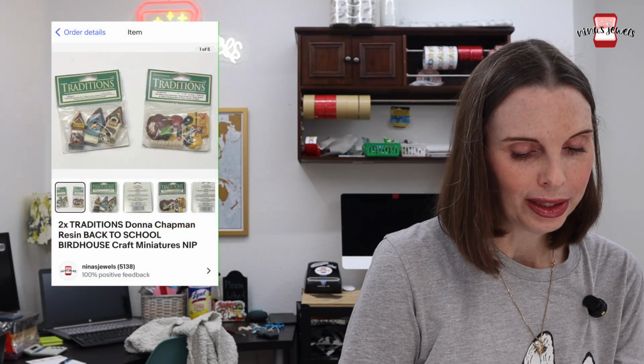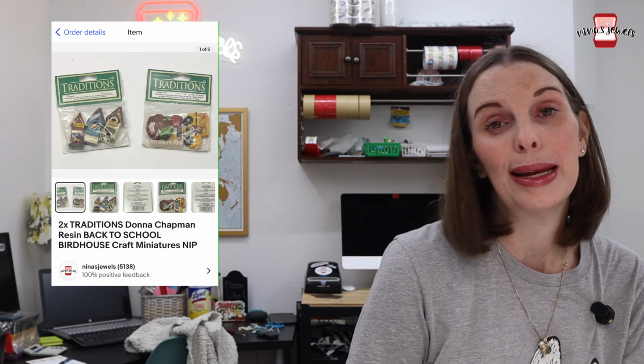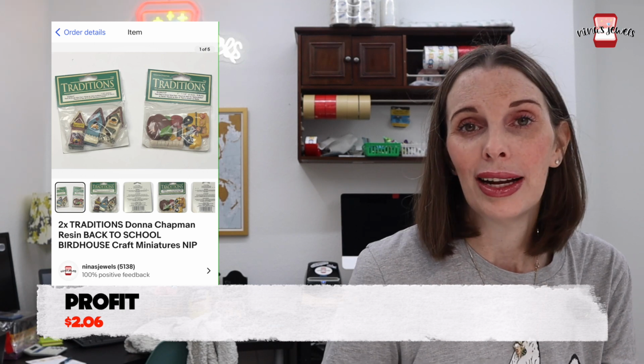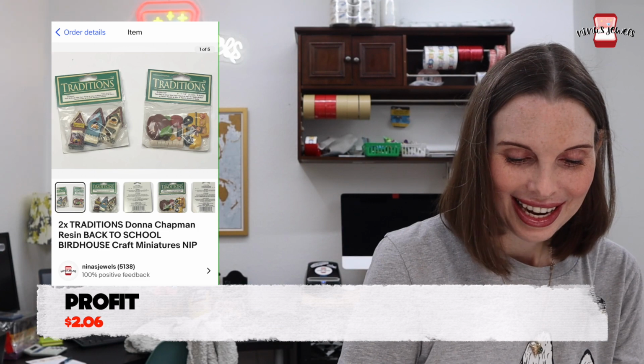Next up was 2 packages of some little craft miniatures. They were called Traditions by an artist named Donna Chapman. And we had gotten those out of a big box of crafting items, and our per item cost just broke down to only 6 cents. These sold for